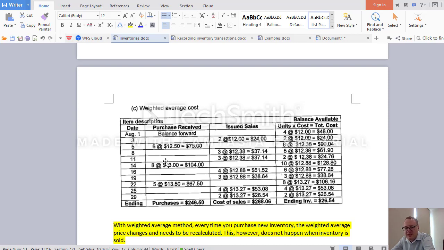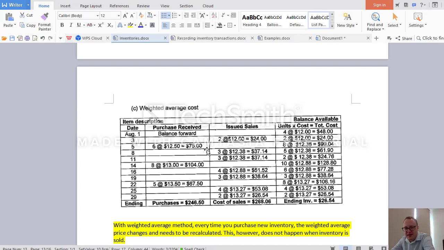But now you're purchasing a new batch of 8 items at $13, and now you need to update the price. So now you will have a total of 10 items. So how do you find this price, 12.88? It would be 2 divided by 10 times 12.38 plus 8 divided by 10 times 13, and you will get